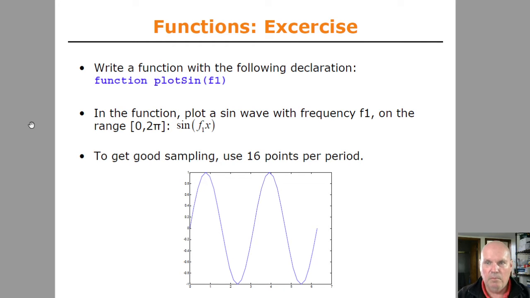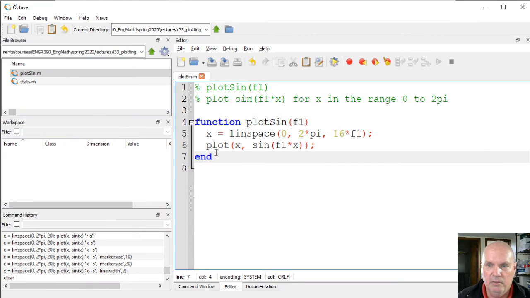Okay, the exercise at the end of the last video, you were asked to write this function called plot sign. So let's take a look at it. Here's one way to do this. Again, this is a pretty simple function. In this case, you define an intermediate vector. Remember,